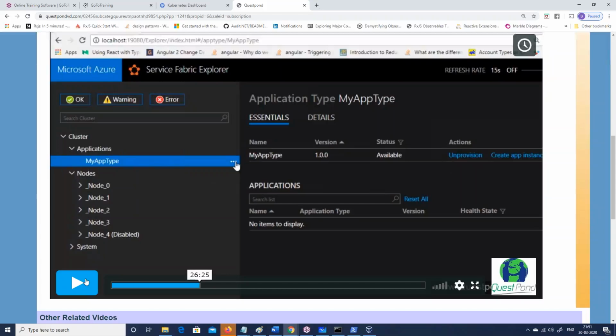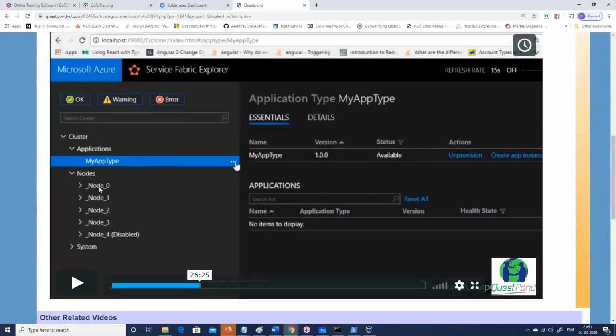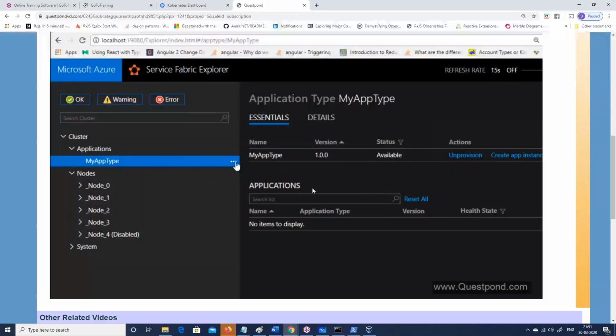This is the Service Fabric Explorer, which is the same thing, the same kind of web application that I've shown you. Over here, I had shown you the Kubernetes dashboard. This is the Microsoft dashboard. You can see there are nodes. Inside the nodes, there will be instances. So the same kind of concept. In Azure Fabric, at least 6 months back, or 1 year back to be frank, I did not see the functionality of pods as such. So the nodes were the last unit they had, right? But absolutely, Azure Fabric is the same thing, right?